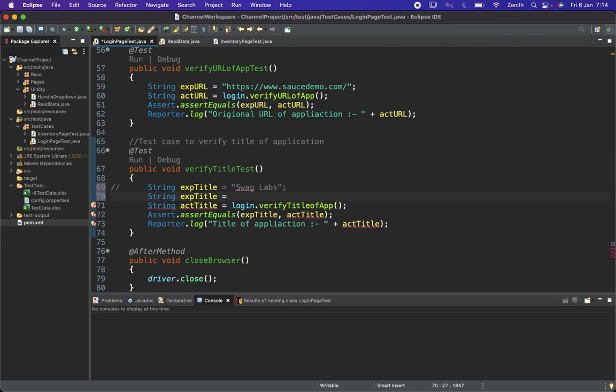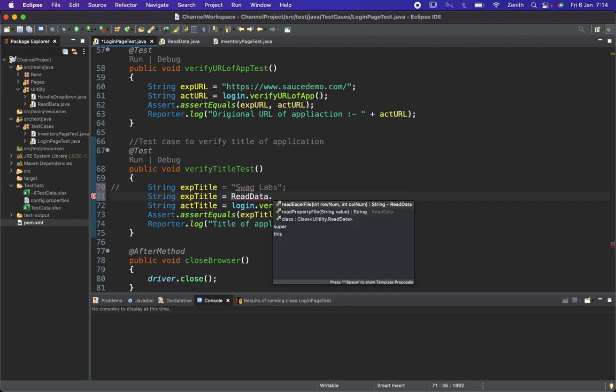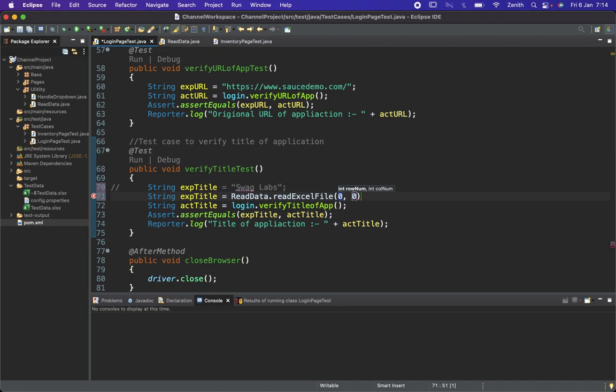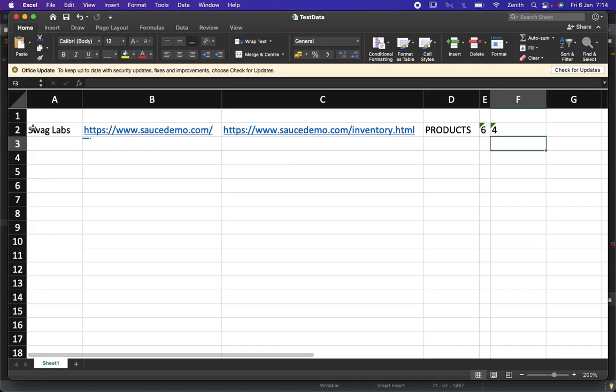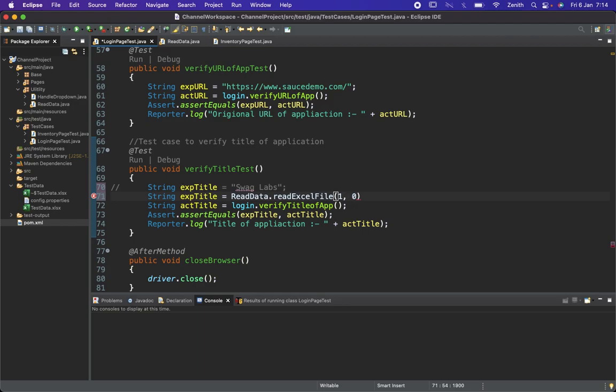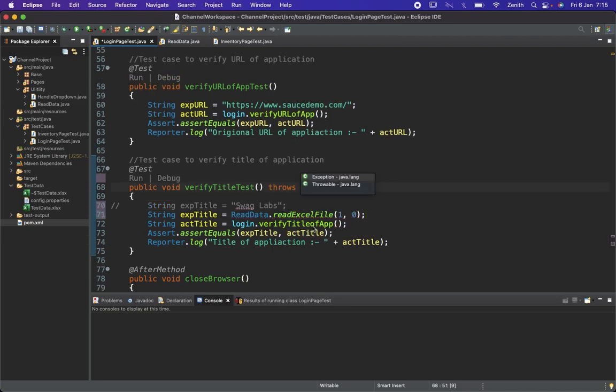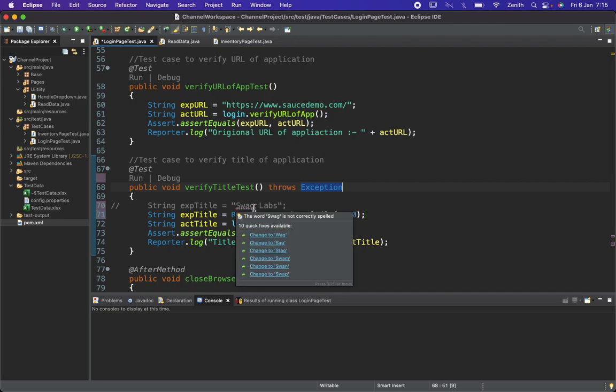So here I need to use the read data class, which is present in the utility package, dot read Excel file, and here I need to pass 1 and 0, because that is available at 1 0. I need to mouse over this and throw the exception or declaration. So basically I will try to read this data, and while reading the data,